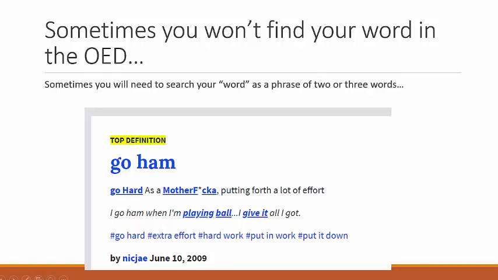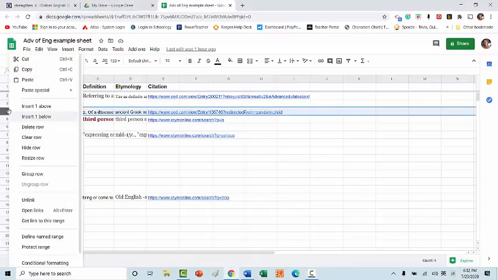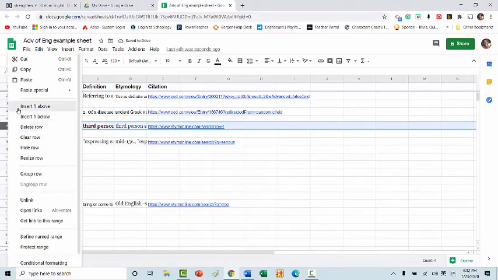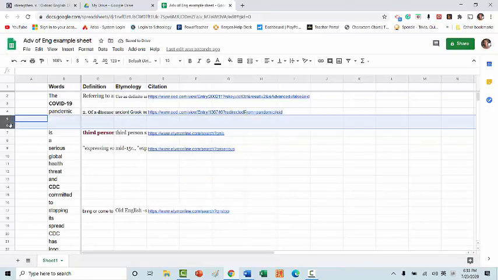Sometimes you'll need to search your word as a phrase of 2 or 3 words. That's fine as well. Just put them as a phrase inside their cell. For example, I'll be looking up the word COVID-19 as one word or one phrase. I could look up COVID and 19 as 2 separate words, and then I would just make 2 more rows and put COVID and 19 and look up those words individually, but I don't see a need